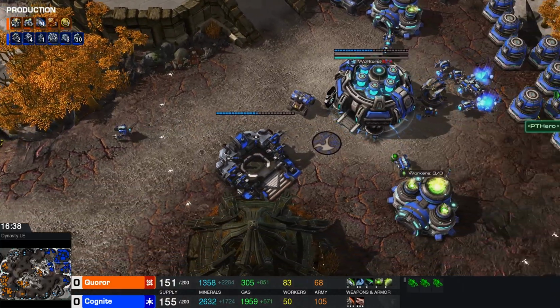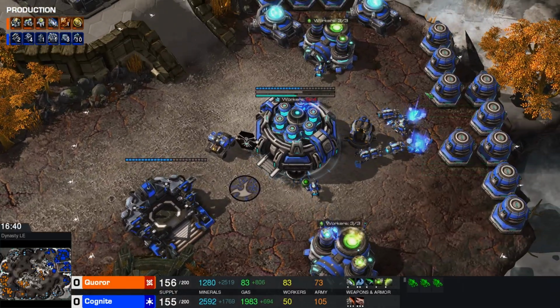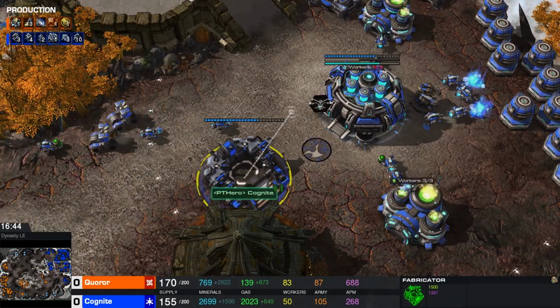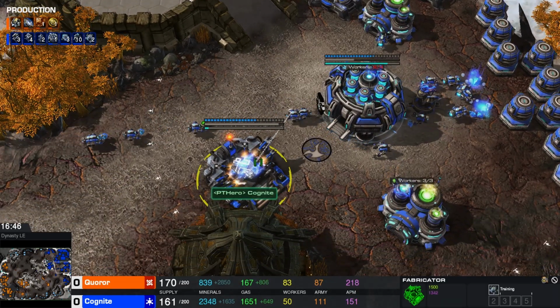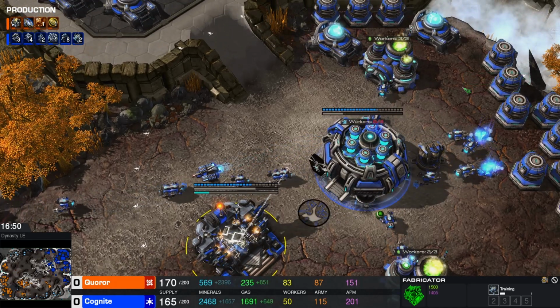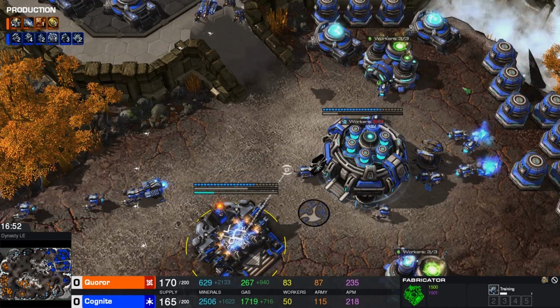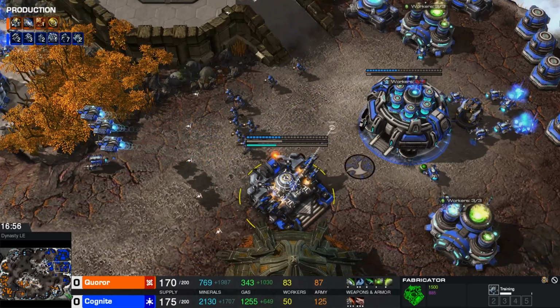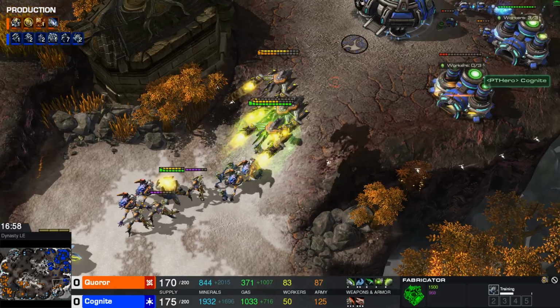Army supply 68 to 105 in favor of Cognite. So Cognite making a comeback just a little bit. We have the Fabricator, which is like the factory equivalent for the Genetron, and taking a look at the worker supply, it's actually in favor of Quoror. 83 worker supply to 50. How many workers went down? 34 workers actually killed by our orange Keiron player, and we have what is a move out at the bottom of the map,